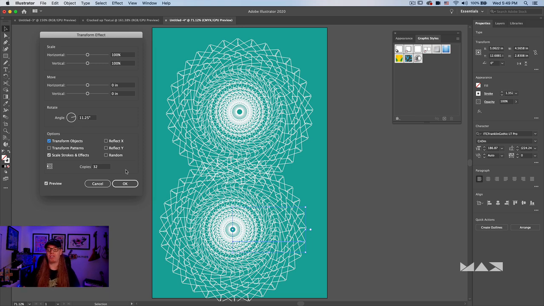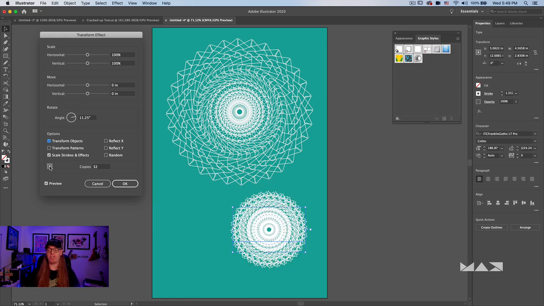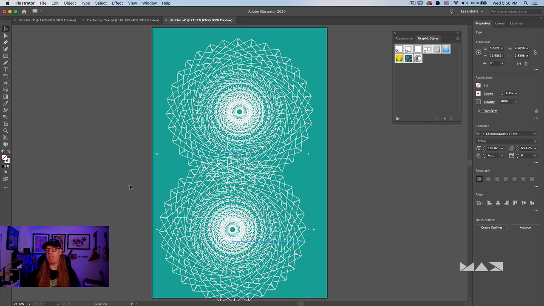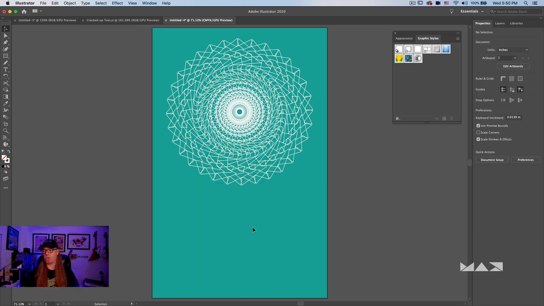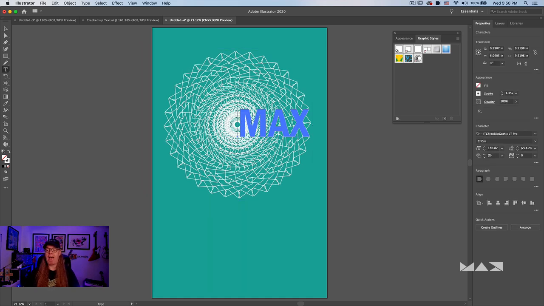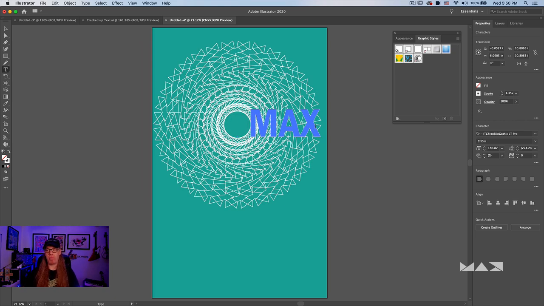The trick to making this look so good, though, is choosing one of the anchors for the rotational position to be different than center. Center looks very dense, but if we choose this on the left, you can see it rotates around that left alignment of the type. Now, what's really interesting about this, and let's go ahead and delete this extra one, is you can now manipulate that type to change the pattern. So if I added a space before the first letter, you could see it opens up the middle. You could even do things like try a different font to see if it gives you a better pattern.